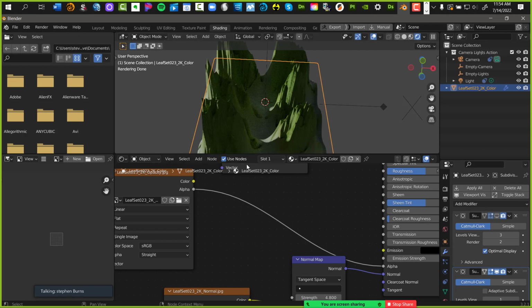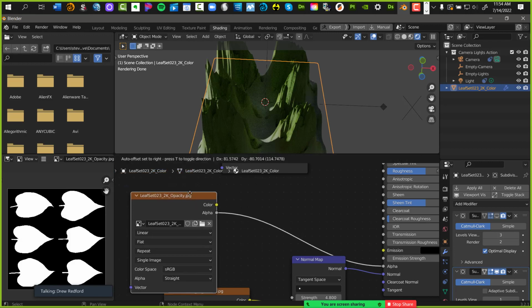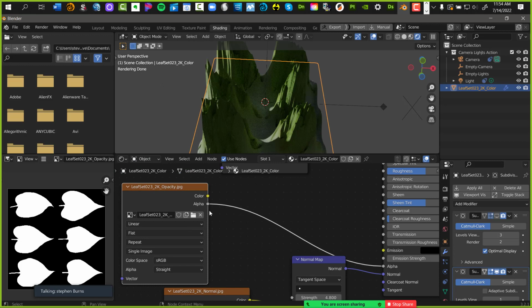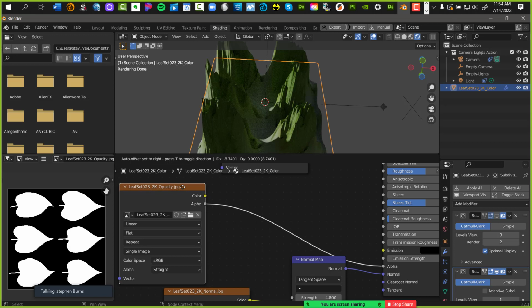And nothing happens. Why doesn't it do alpha to alpha? The honest answer is I have no idea. I think there's no alpha channel in there, so it's not reading from the alpha. It's just a black and white color map. Right. Well, you would think that if black means